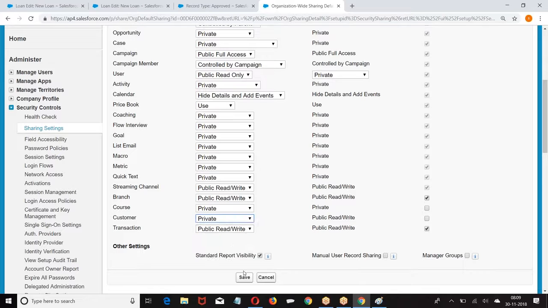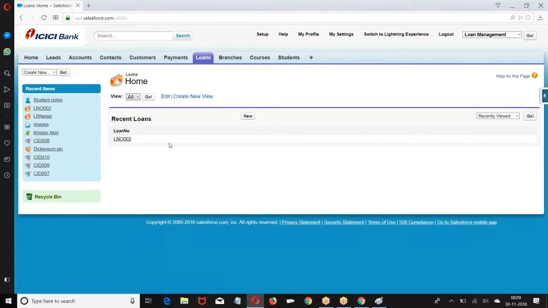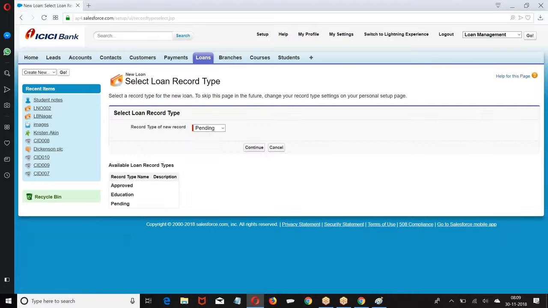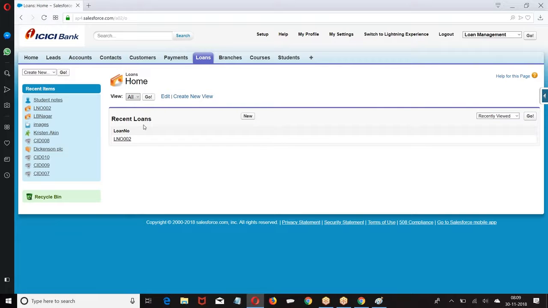Now, tell me what is the reason why he was able to create. Yeah, you got the point here. There is a master detail relation, right? At the time of creating a master detail, if you remember the security setting, who can create child records?